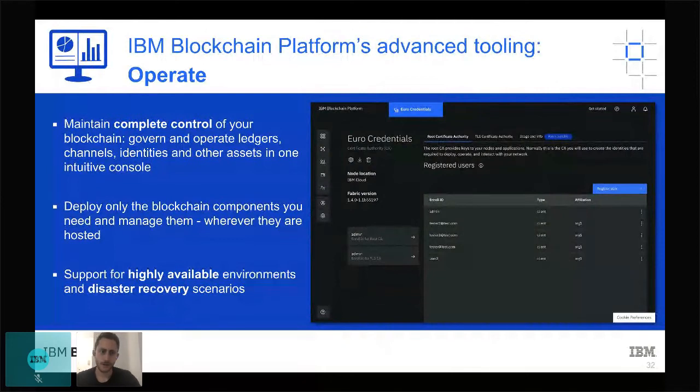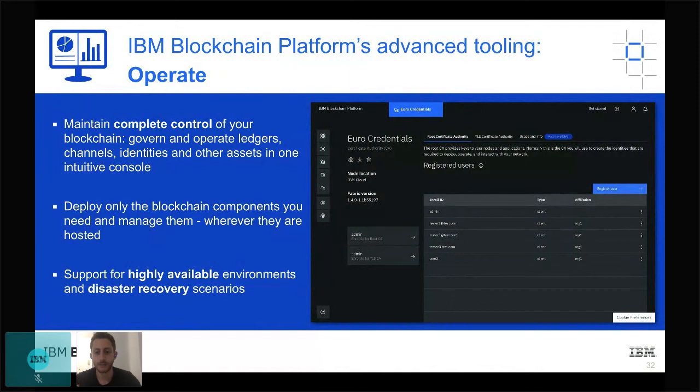And it really helps you across everything you need, right? From creating your identities, adding organizations to the network, adding peers, ordering services, and all these different components, which is very specific to Hyperledger Fabric, which you can go and learn about.